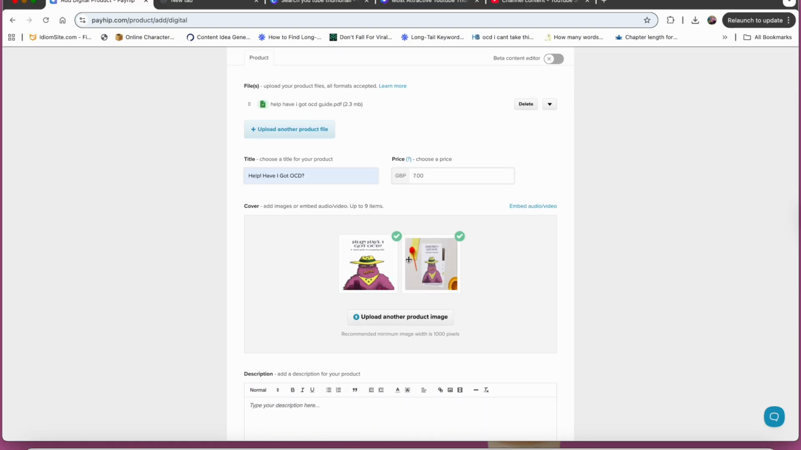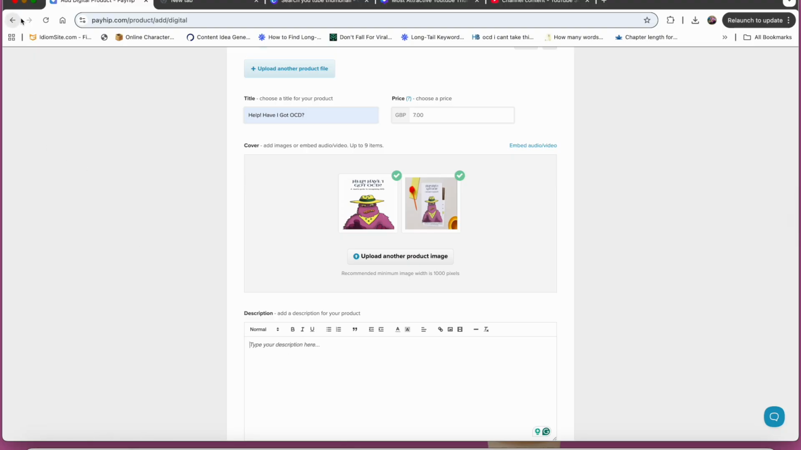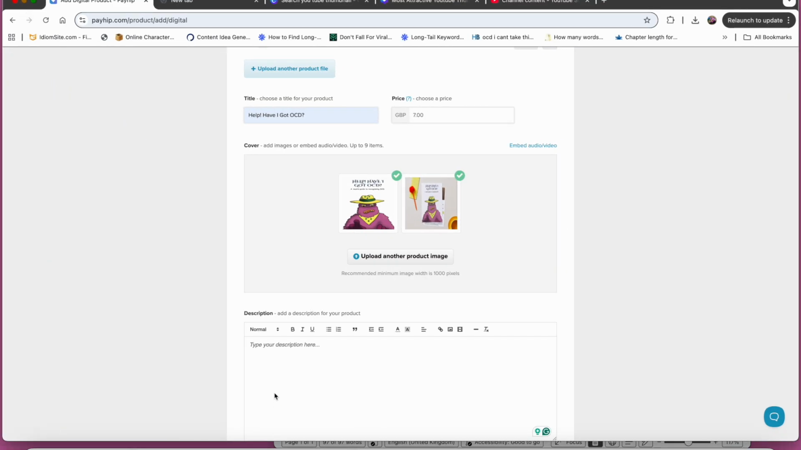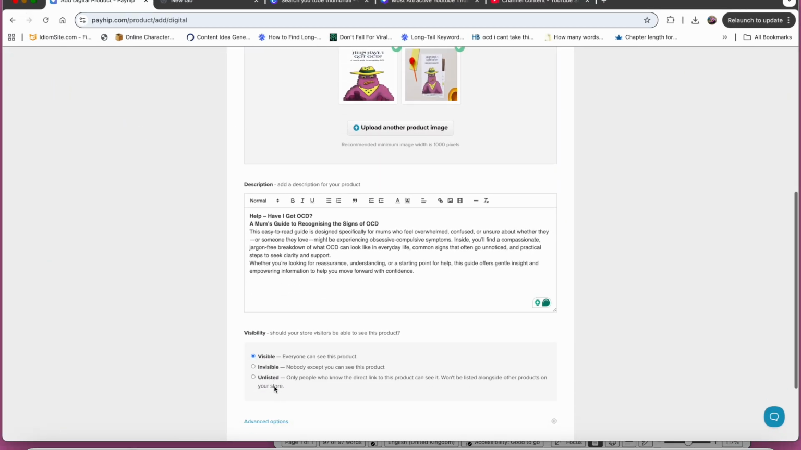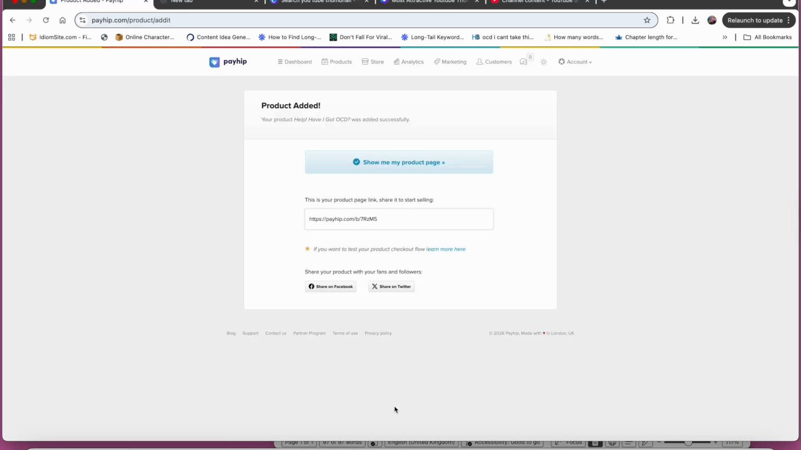What I usually sometimes do as well is I put details, a summary of what's going to be covered in the chapters in there on my other guides. Then you type your brief description. You can even use ChatGPT for this so that I can do it quickly on this demonstration. So copy and paste that. You put your description in there. You obviously want it visible because you're trying to sell it to people, and you press add product,